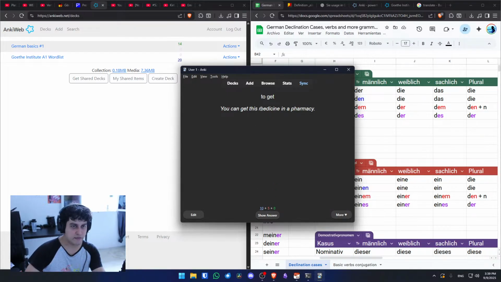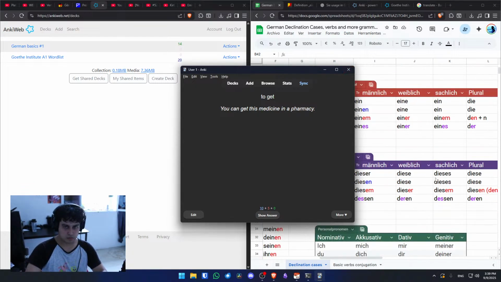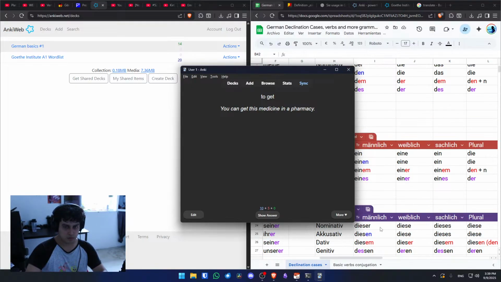You can get this medicine in the pharmacy. Du kannst dieses Medikament in einer Apotheke bekommen.